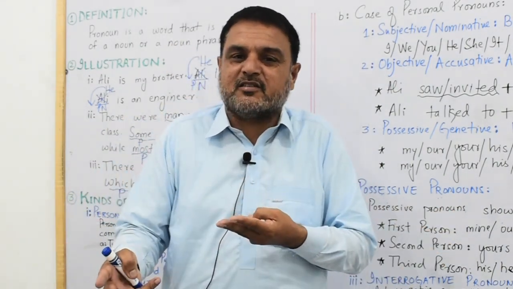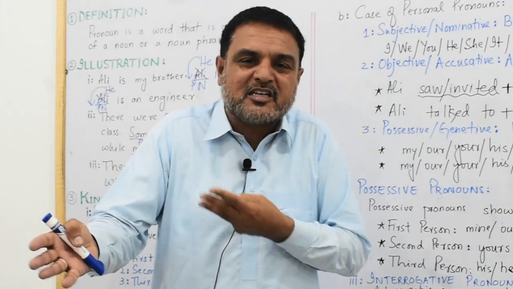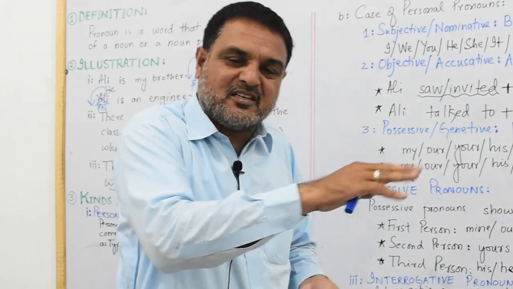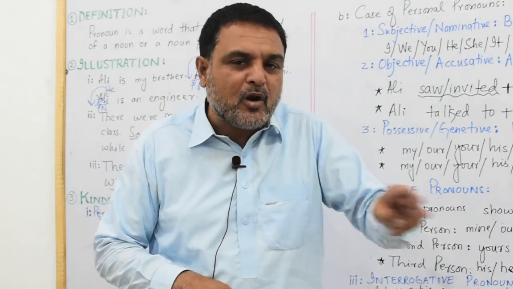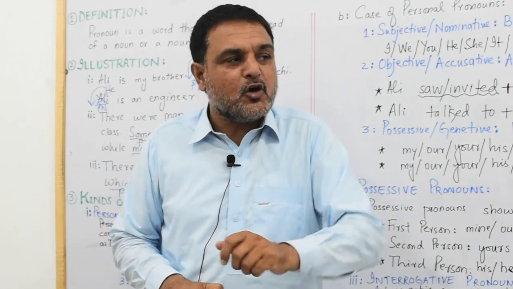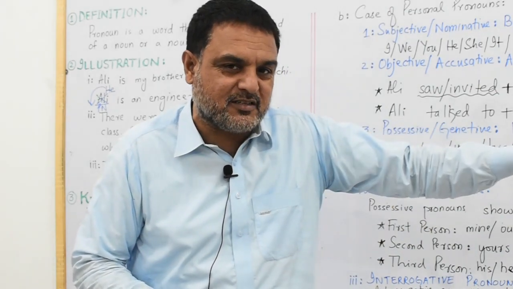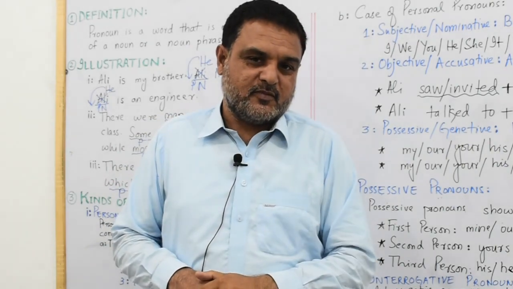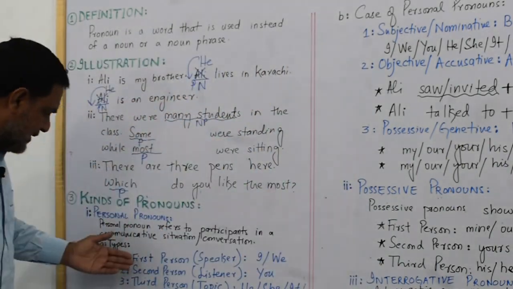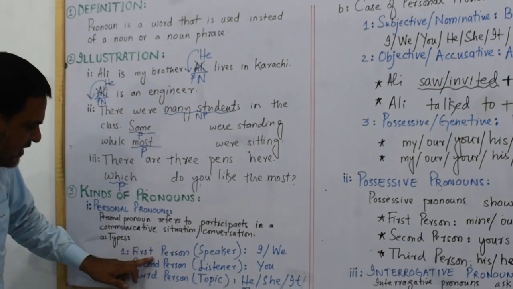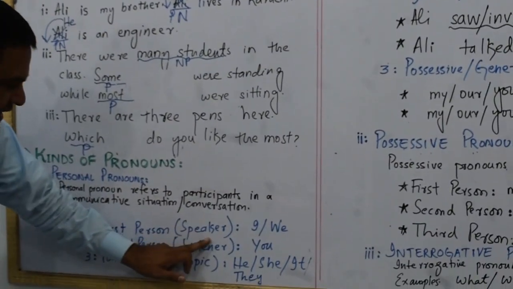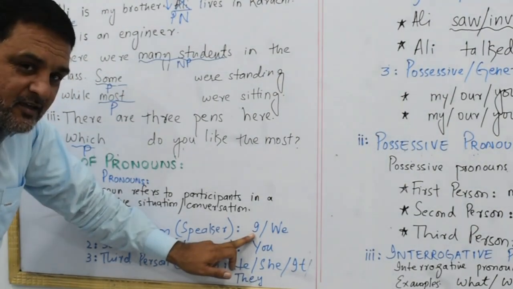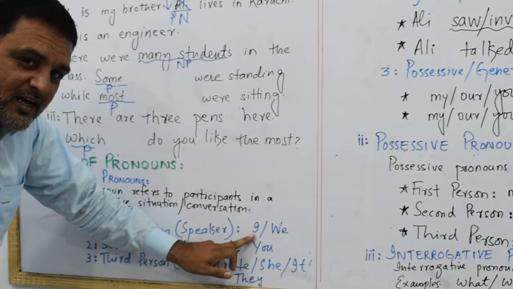These three persons, these three participants, are called three persons. And the pronouns which are used to refer to these three persons are called personal pronouns. Let me give you some explanation further. First person, speaker. And the speaker always uses the pronoun I as a singular for himself or herself or for themselves,